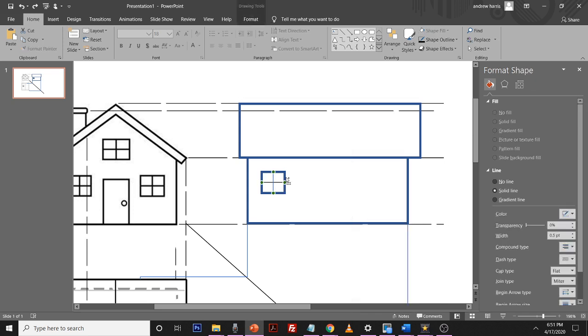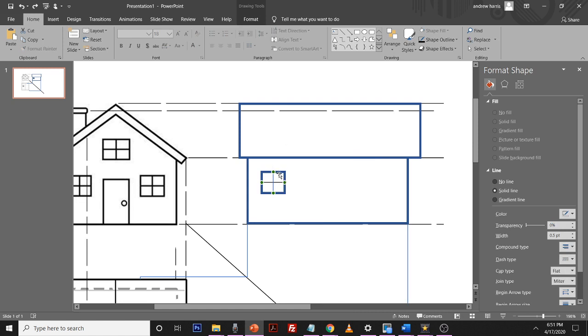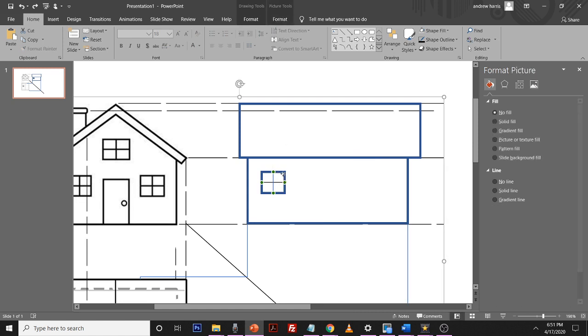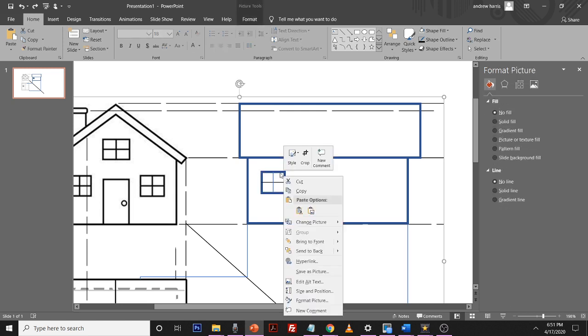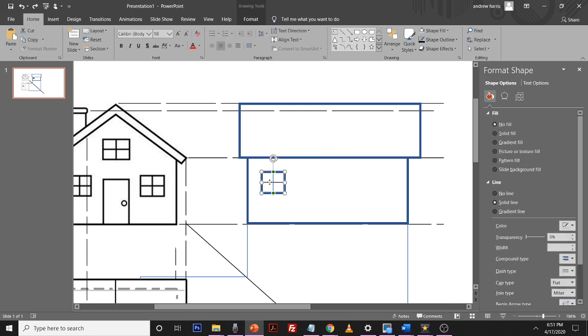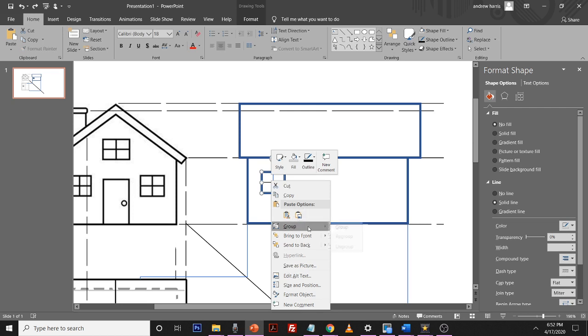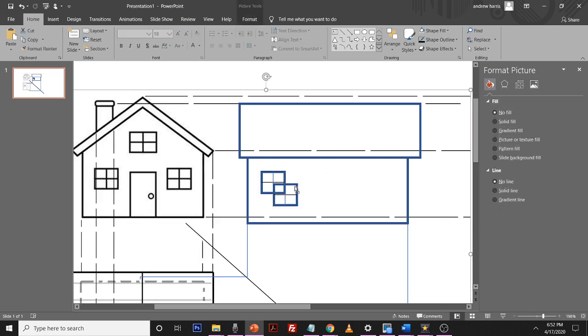Let's get this properly selected. Right click. After selecting all 3, while holding shift, there we go. So right click and you can now group. Once you select the group, all three pieces now will become one solid shape. That makes your window. I can Control C and Control V to make a copy of the window and put